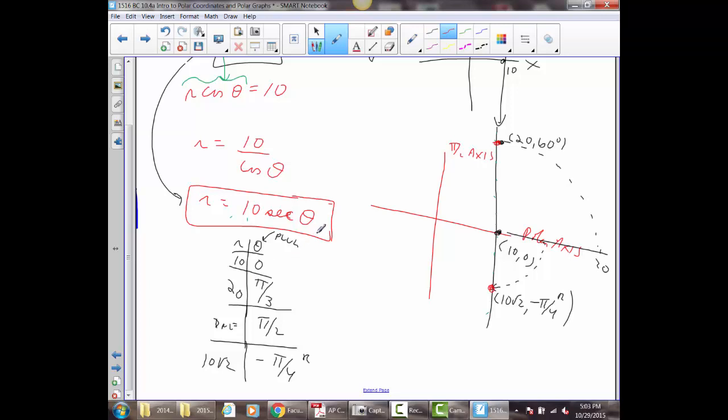The secant of pi over 2 does not exist. There's a vertical asymptote there. And the secant of negative pi over 4, you could figure it out, will be 10 root 2. So what happens when I graph these points, it's really kind of interesting, but they all end up on the same vertical line. So you have your 10, 0, which I found here, and my 20, comma, pi over 3, which is 60 degrees, so that's a second point. At pi over 2, there's nothing, so forget that. But we do have a point 10 root 2, comma, negative pi over 4, and they will actually all line up on that vertical line, which is kind of